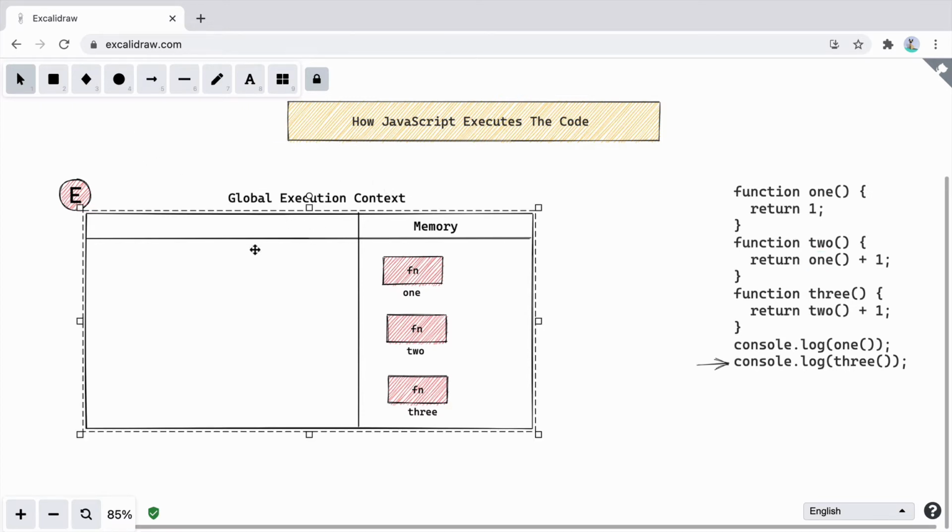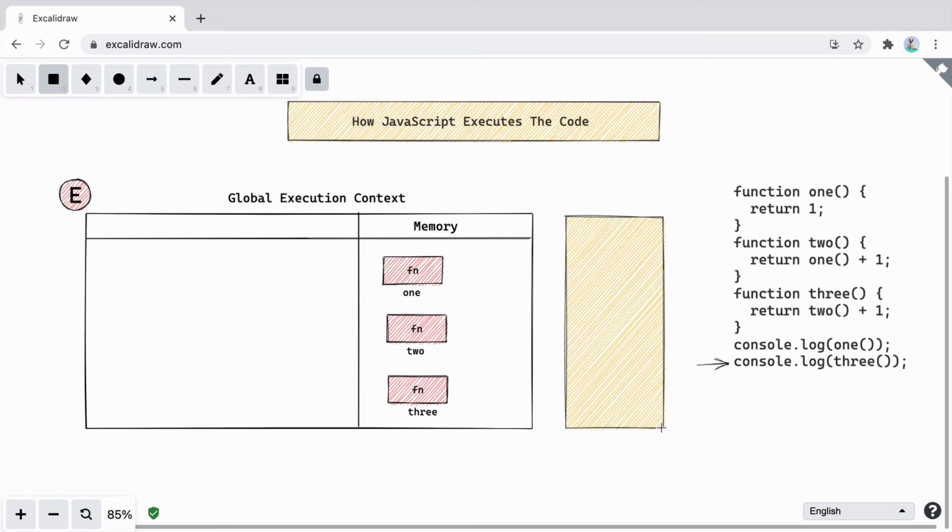So here we have seen that execution happened this way, but how is this getting managed? That is where we will introduce a new thing known as the call stack. So this one is the call stack. And we know that because it contains the word stack, it uses a data structure of type stack. And how does a stack work? A stack is like a pile of books. You keep adding on top and you also remove from the top. And the call stack is used for managing which code you are running at which point of time.